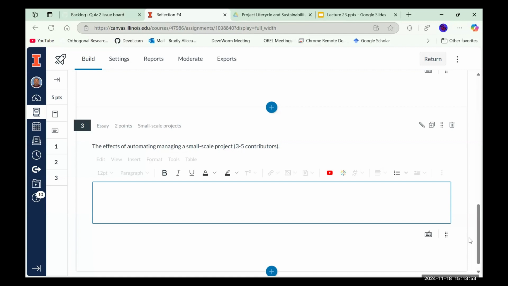How? So is it that you automate messages? Maybe at the scale of 3 to 5 people, it doesn't make sense to automate meetings or messages at all, because maybe that's overkill. Maybe you have to pay for the automation. Maybe it's a chatbot. Maybe it's just too much work for that. If you had like 200 people in a project, it might make sense because you're getting 200 answers, you're coordinating all of that and saving you time. But with 3 to 5 contributors, it's almost impersonal and you're spending too much time per contributor on that.